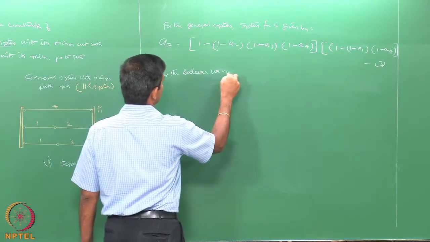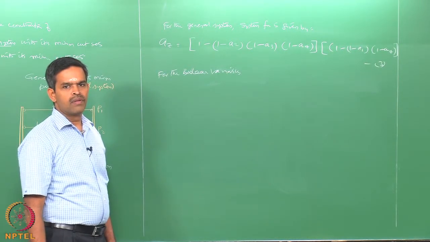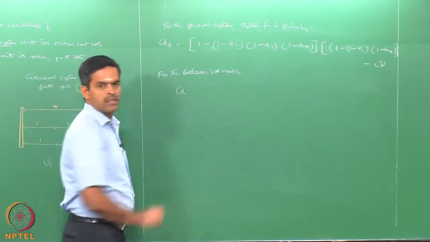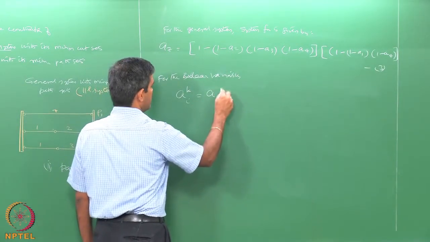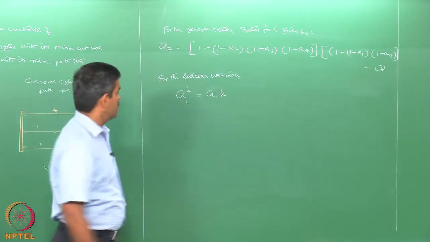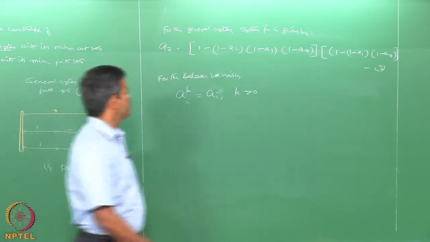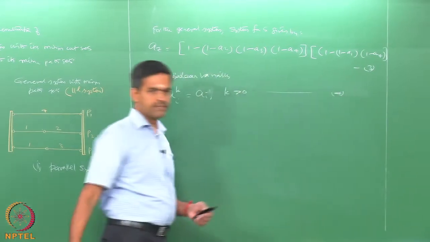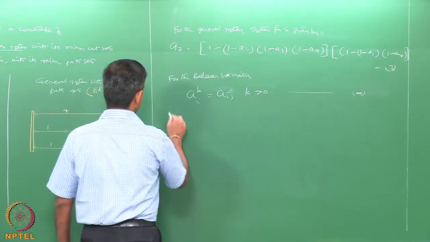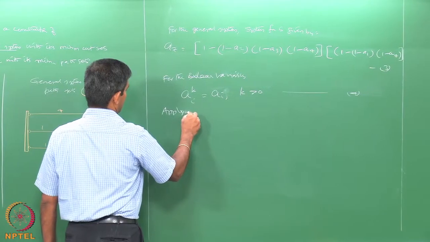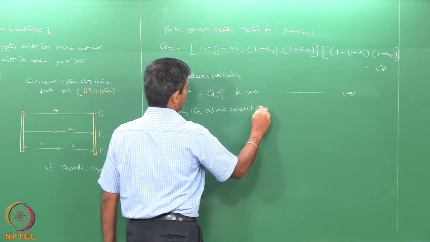For the Boolean variables, we know that Ai to the power k is equal to simply Ai, if k is greater than 0. Applying the above condition, we get